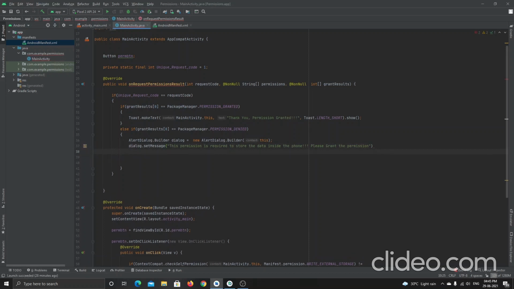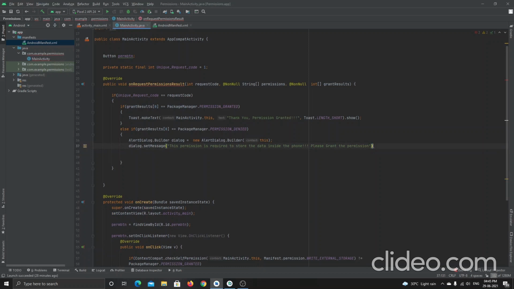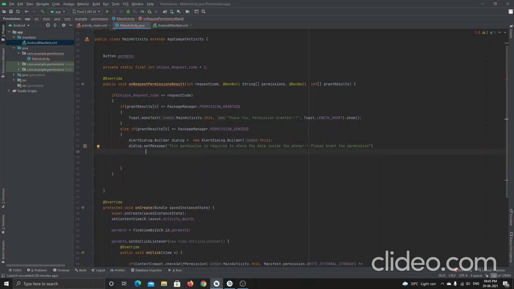For all dialog boxes, there will be titles, right? Similar to that, I will use setTitle. It's slow now. Okay, set title.